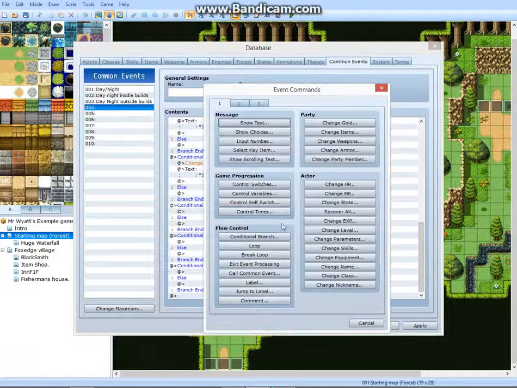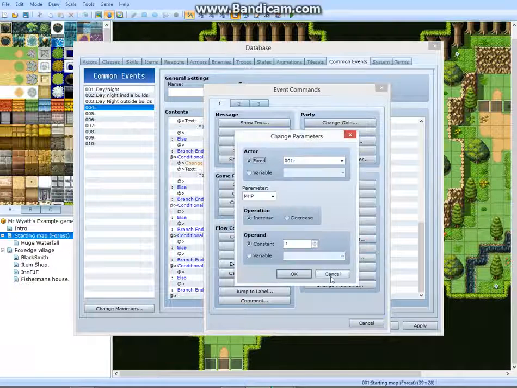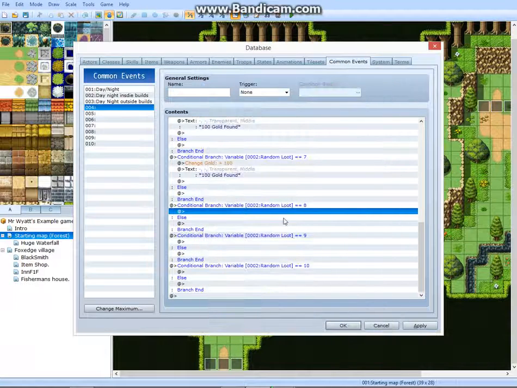The other thing you can do is decrease the gold, or using change parameters you can decrease their stats. So you can have cursed chests that actually give them negative effects or take away their money, just for something a little bit extra. But again, you generally only put that on 1 perhaps,